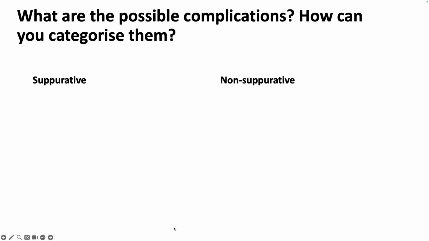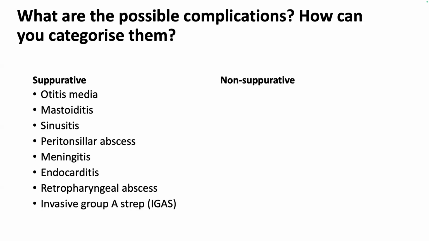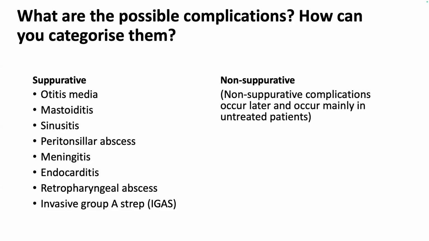Group A strep is a pretty horrible bacteria, and it's quite amazing how many different things it can cause in terms of complications. We could categorize them as suppurative, so pus-related complications, or non-suppurative, and it's a pretty epic list. So you can get otitis media, mastoiditis, sinusitis, abscesses, meningitis, endocarditis, retropharyngeal abscesses, invasive group A strep infections, and then